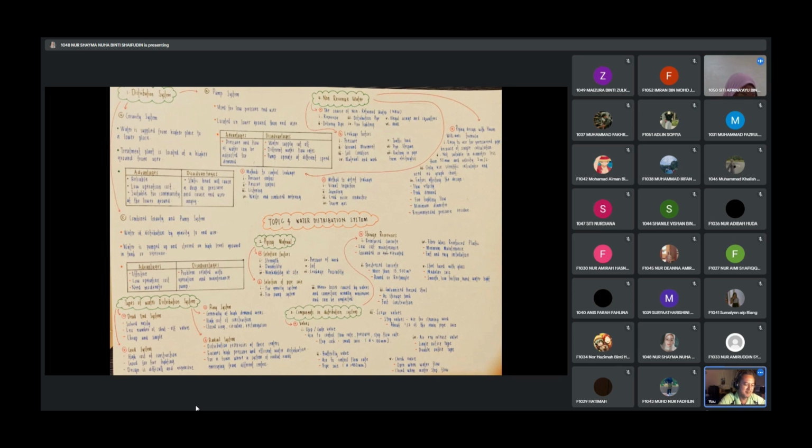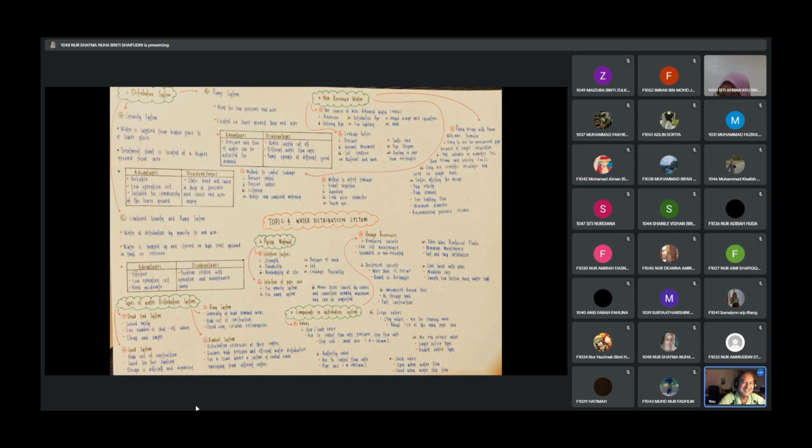System. Lepas tu grid system, ring system dengan radial system. Lepas tu kita ada piping material. Dalam ni ada selection factor dengan selection of pipe size. Lepas tu kita ada component in distribution system iaitu